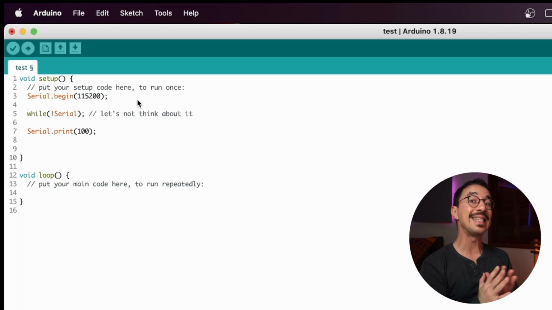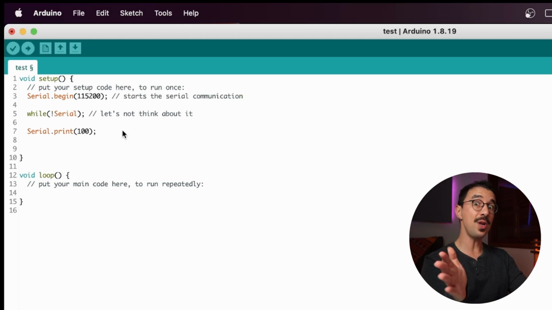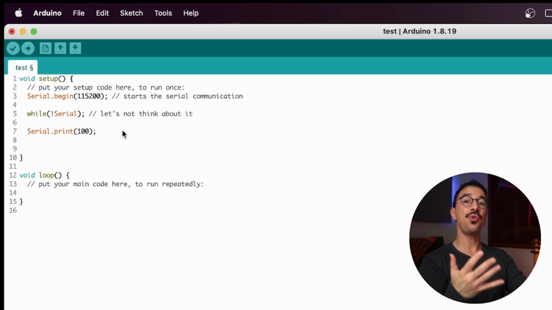So one important thing is commenting your code. Okay, so let's talk about comments. For comments, you just type // and then type whatever you want. This won't be compiled by the compiler, so it's just for you to put notes in your code. This is really important for you. So comment your code as much as you can, because when you come back after some time, it's going to be much easier if you commented before, or if you are giving this code to other people, like I usually do.